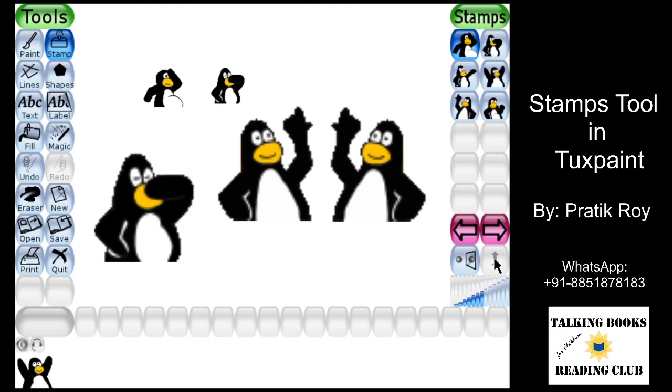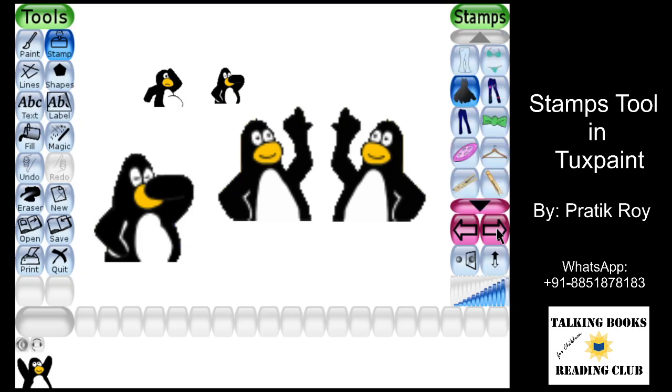Like your upside down flip is not working, your color palette also does not have anything at the moment, but there will be stamps which will allow you to change the colors also. We'll see it shortly. So let's look at the first category, which comes after the default stamps, of penguin cartoons.